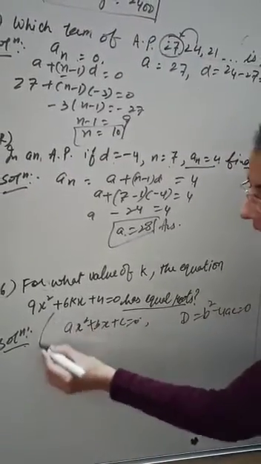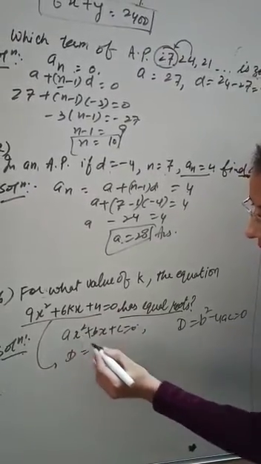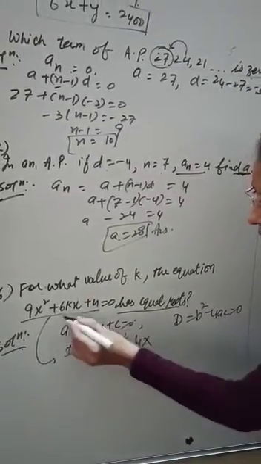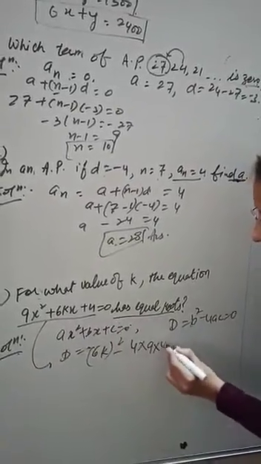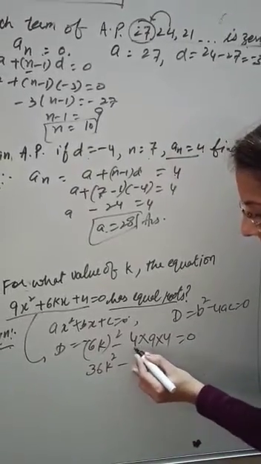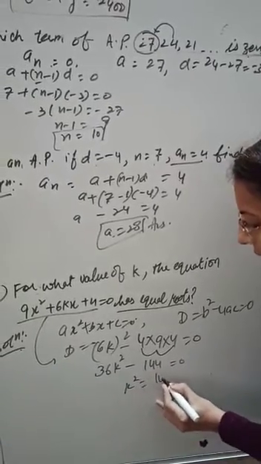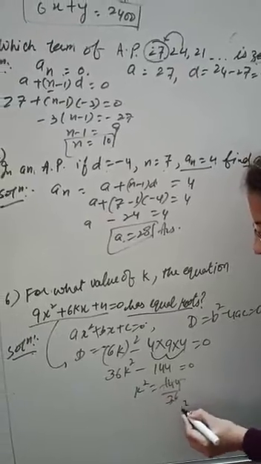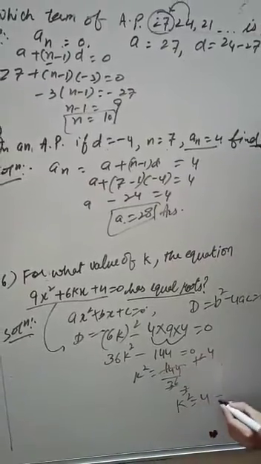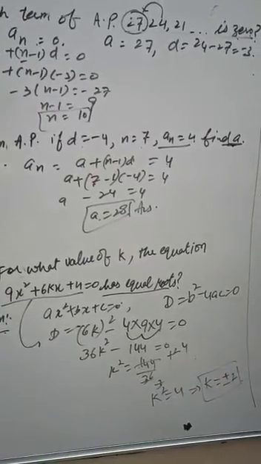So we can say here the discriminant is equal to 0 for the given equation. So it is 6k square as b square, minus 4 into a 9 and c 4, is equal to 0. So it makes 36k square minus, here 36 fours are 144, is equal to 0. So k square will be 144 upon 36. On cutting out with the 12 table it makes 4. So k square we come to know is 4. So we can say here k is equal to plus minus 2. So two values are there, positive 2 and negative 2.